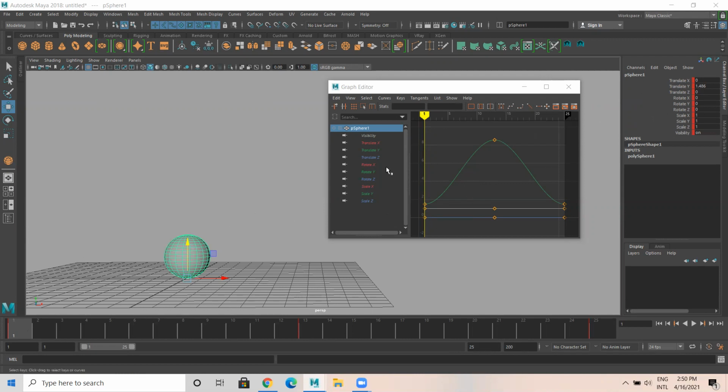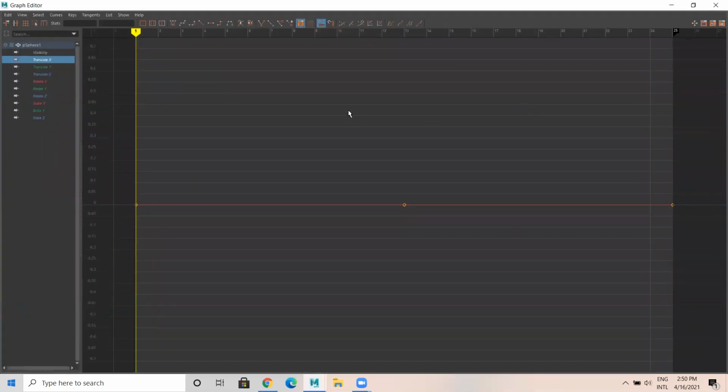So translate Y. Now, whatever keys we have done, you can see them as dots here. These are the keys. When you select translate Y, you can see it is selected here. You see translate X, it is nothing. We didn't do anything. Now I'll explain again. See this graph editor. How does this graph editor work?